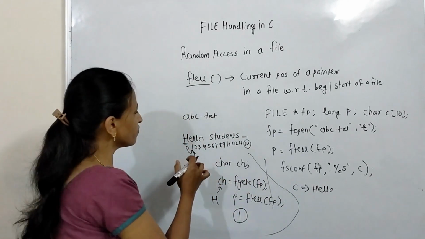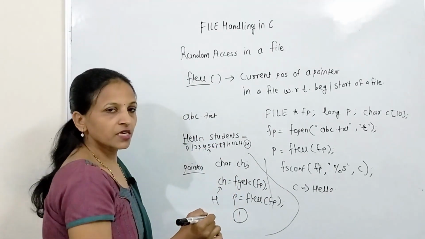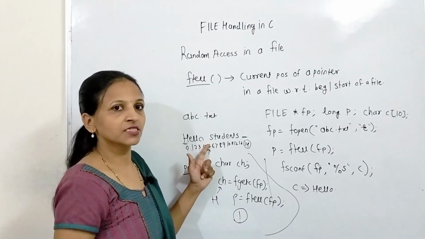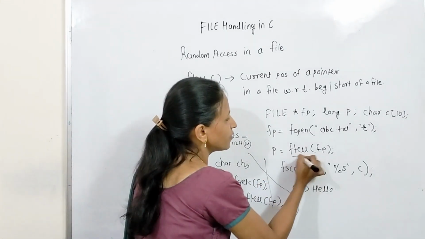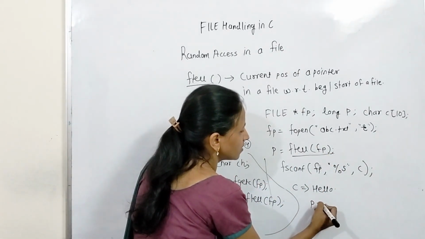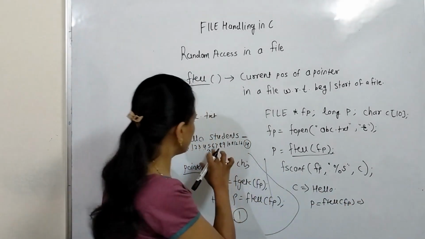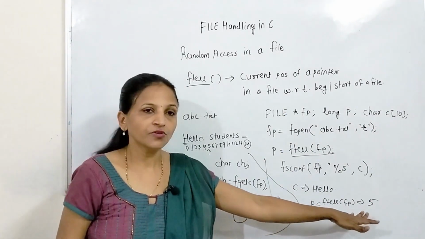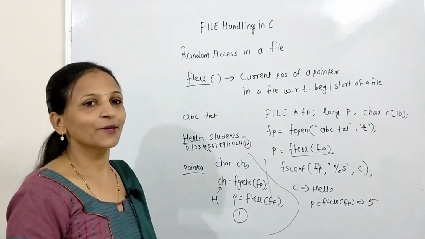And the file pointer will be shifted here to this place, wherever there is a space. Because whenever that fscanf function gets a space, it will stop reading that string. And now here, if again we call that append function, then we will get value 5. We will get value 5. Now this is all about the append function.